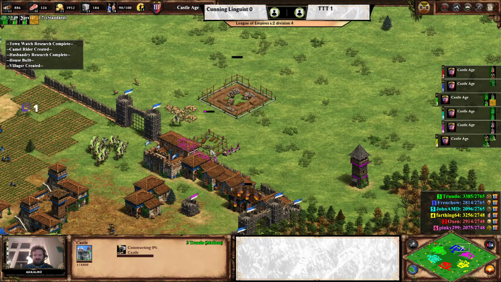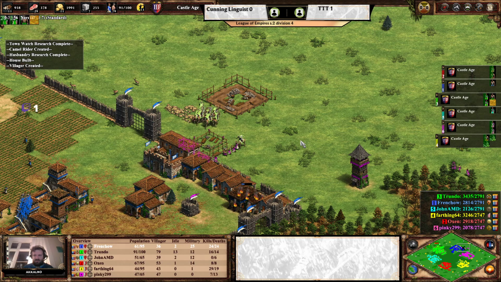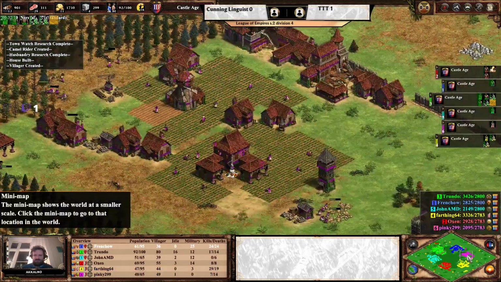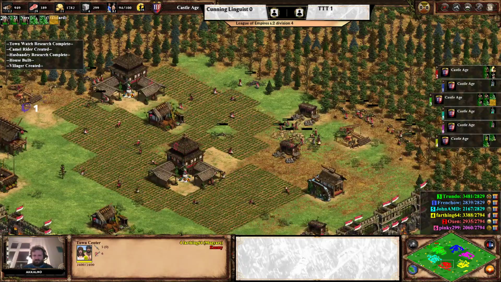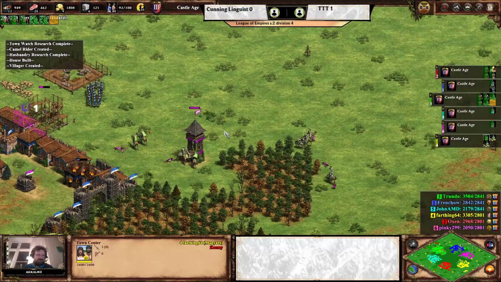Troondos with the defensive castle here. Pinky tries for a forward creep post, and that's going to be denied by the mounted units of Troondos over here. It's going to be some builders lost for Pinky again. Pinky with 2 TCs. Pocket here with 2 TCs, 3 TCs here, and Oxen with 2 as well. So all the players extending their eco nicely here,